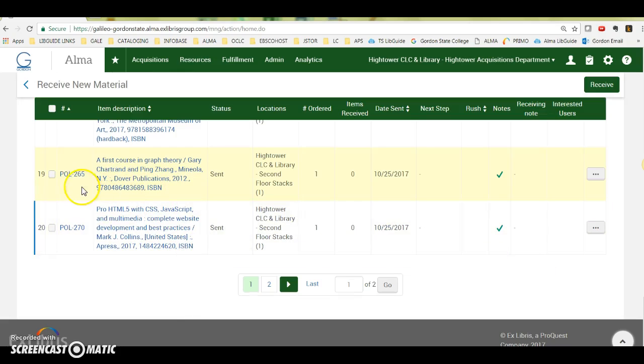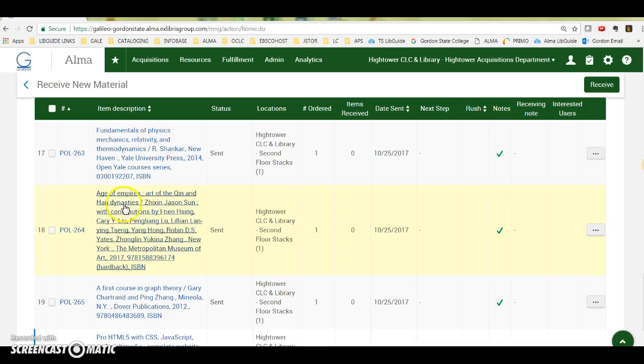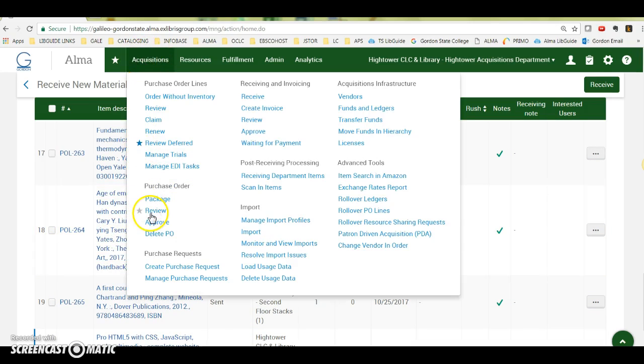And you'll see that it's not on this page anymore. It's PO line 265, PO line 270. So 269 isn't there. We're going to go back to our